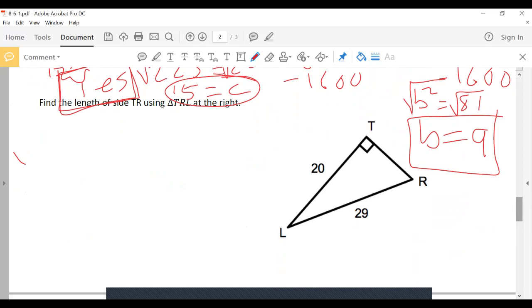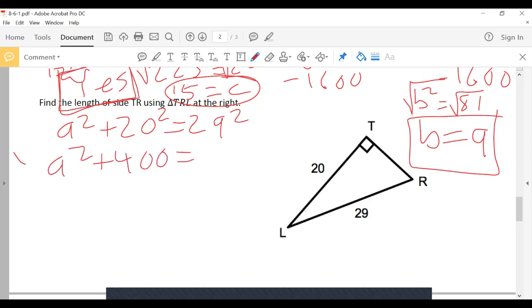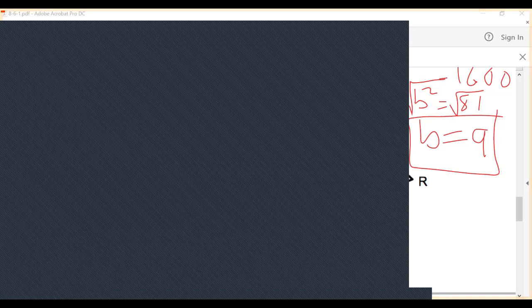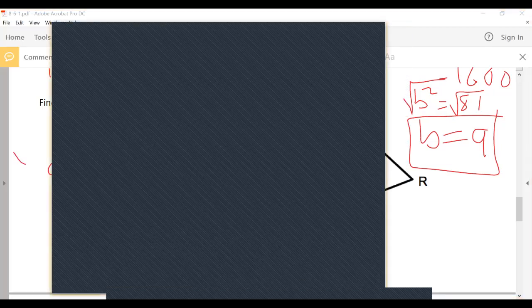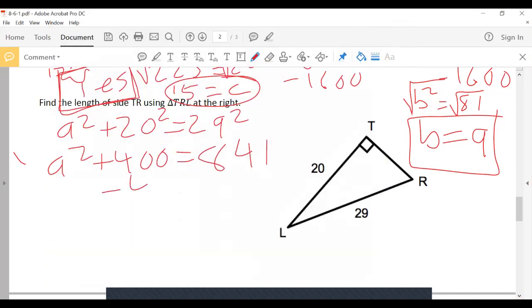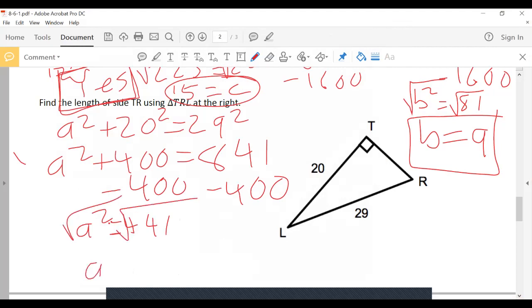So the hypotenuse is 29. So we get a squared plus 20 squared equals 29 squared. A squared plus 400 equals, let's see what 29 squared is. I feel like I should know this, but I don't. 841. Subtract 400. You're going to get a squared equals 441. Take the square root of both sides. A equals,